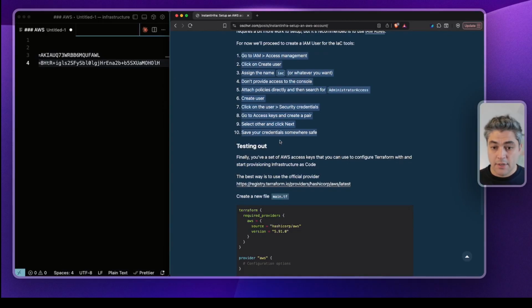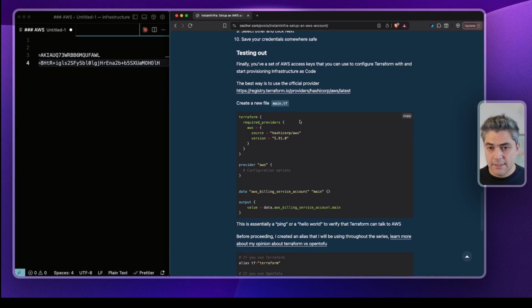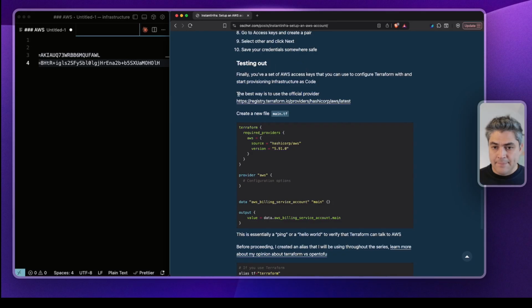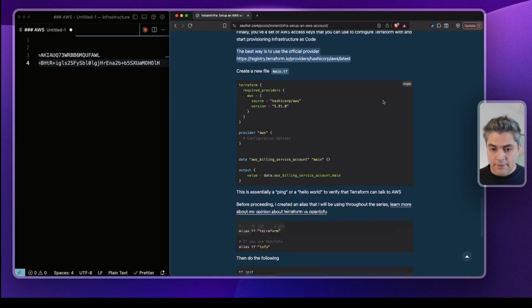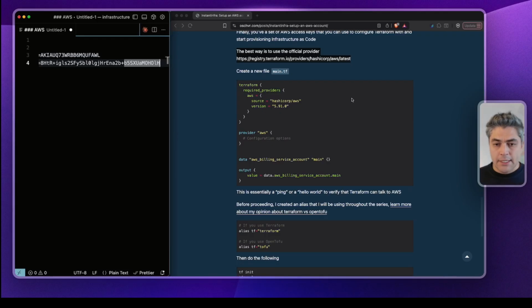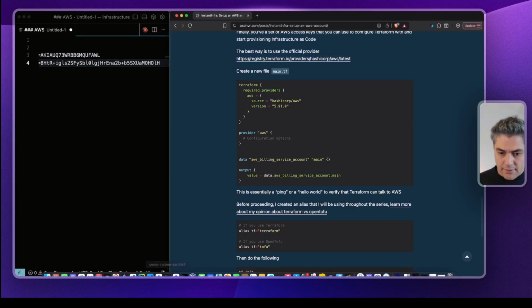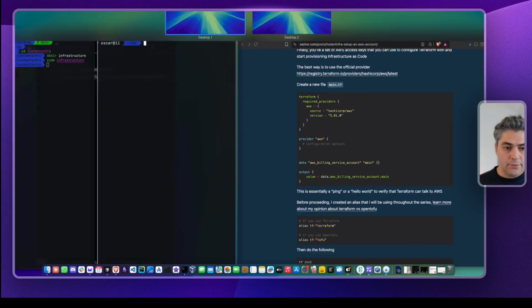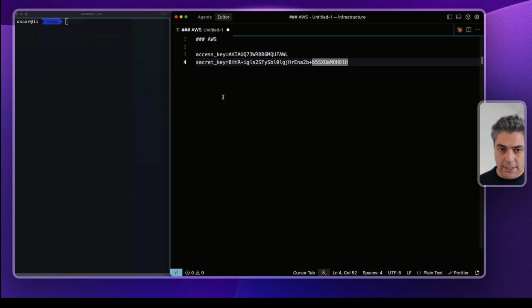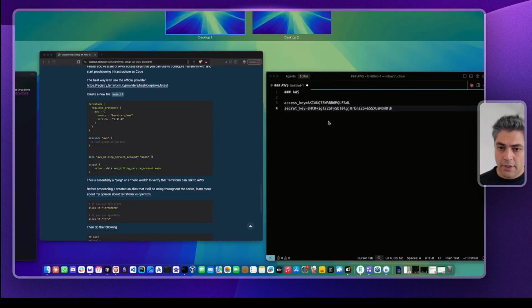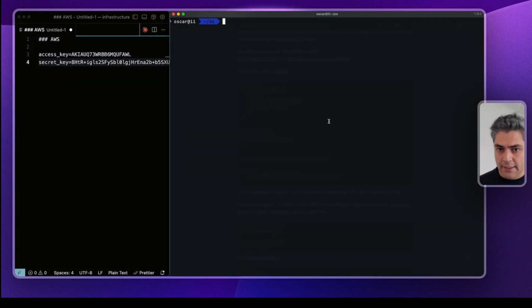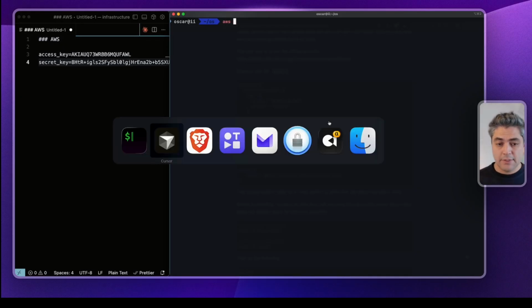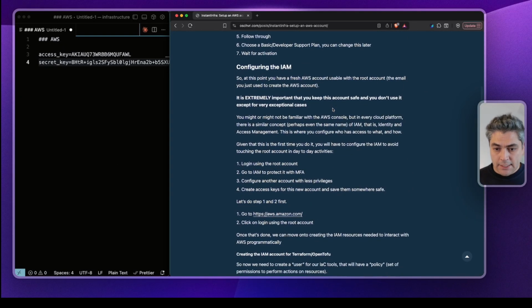Now let's go into Terraform and let's test things out. Save your credentials. Cool. Now I think I skipped a step here, which I'm gonna add again. With the credentials that you got from the cloud, you'll have to configure your AWS credentials locally. For that, you need to have the AWS CLI installed. Notice that I don't have it, so there's a way to